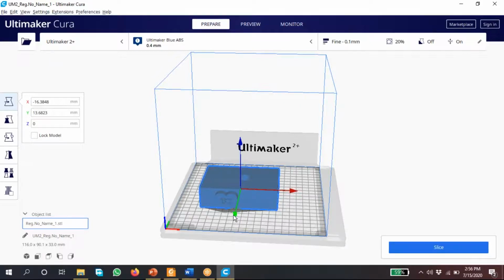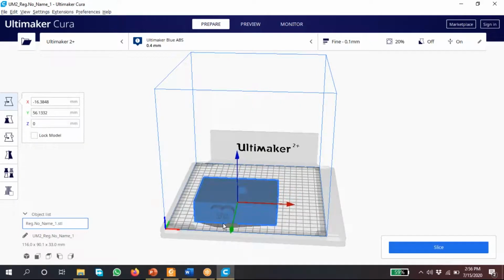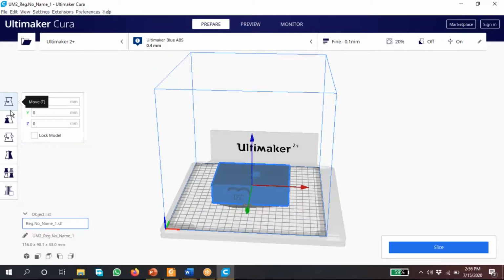Remember, you can place this object anywhere. According to that, G code will be written. If you place this as an origin position, meaning the center position, as we previously saw in custom FDM, origin at the center, that will affect here. If you place the origin here, then it will take this as the origin, then 0, 10, 20, like this. This is the 0 position, then 10 mm in the x direction, 20 mm, like that, and this direction will indicate -10, -20, meaning the left side direction.